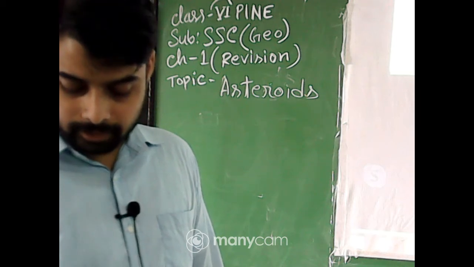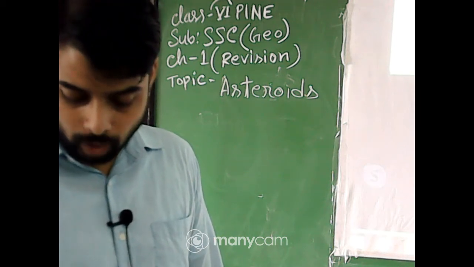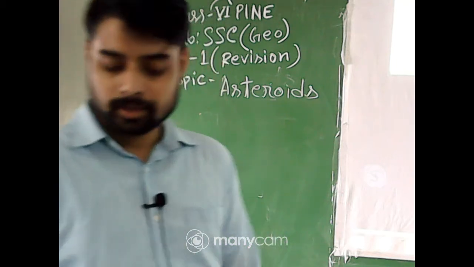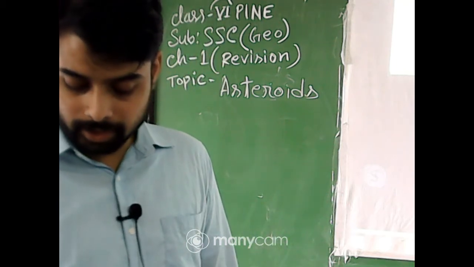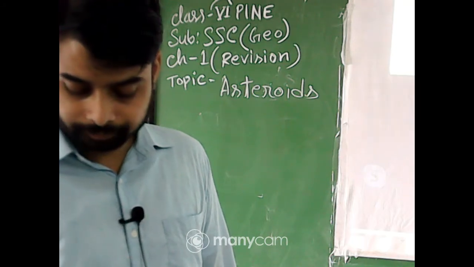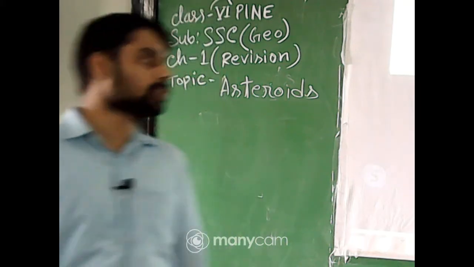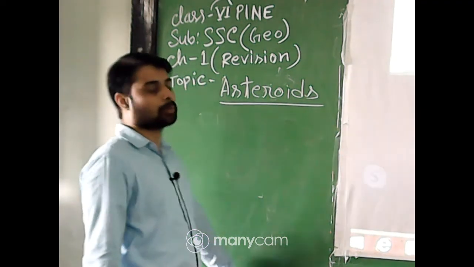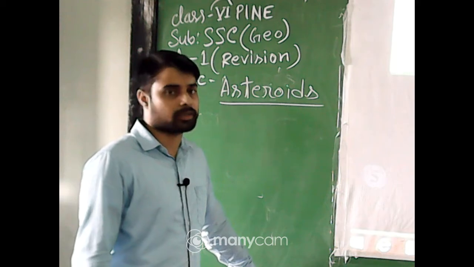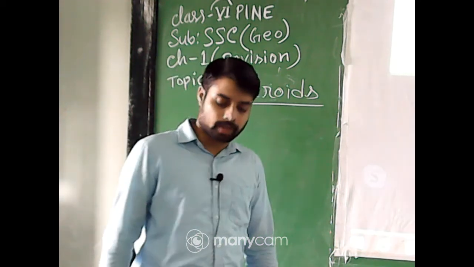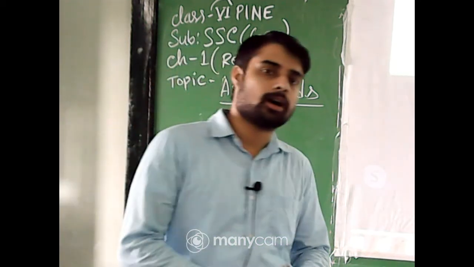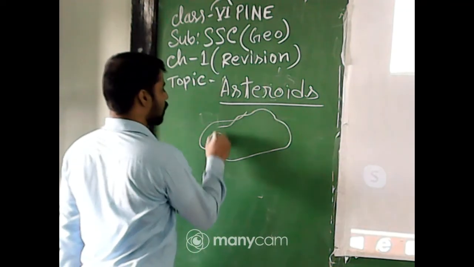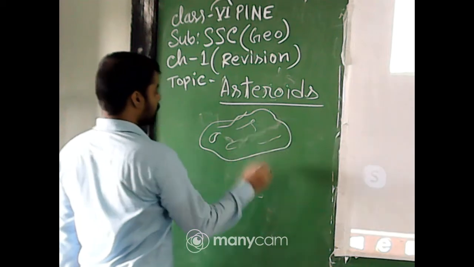And scientists are of the view that the asteroids are parts of a planet which exploded many years back. Scientists tell us that asteroids are celestial bodies apart from the sun, the stars, the planets, as well as the satellites. They look like a huge piece of rock, okay, and they